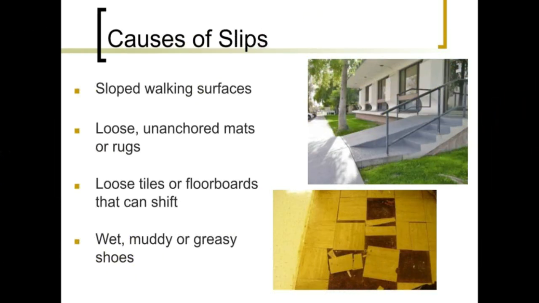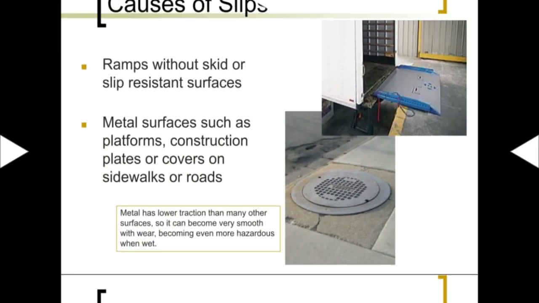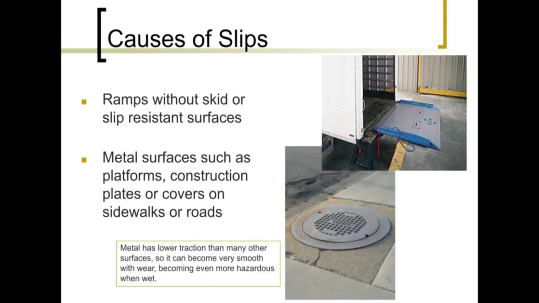Causes of slips: sloped walkway surfaces, loose unanchored mats or rugs, loose tiles or floorboards that can shift, wet, muddy, or greasy shoes. More on causes of slips: ramps without skid or slip-resistant surfaces, metal surfaces such as platforms, construction plates, or covers on sidewalks or roadways. Metal has lower traction than many other surfaces, so it can become very smooth with wear,